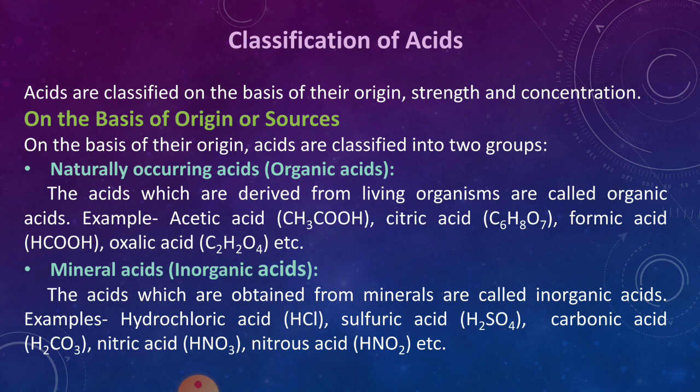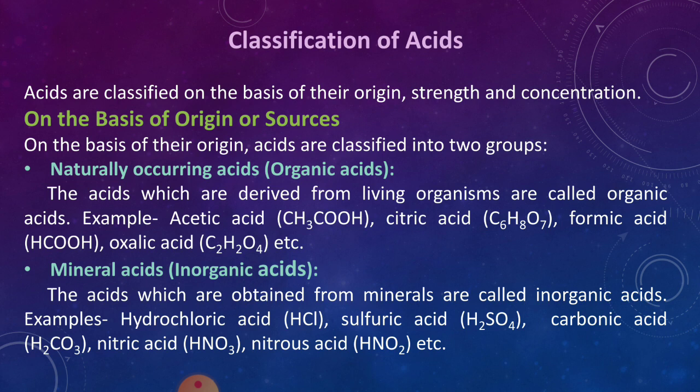That is naturally occurring acids. Naturally occurring acids means they are found in nature. So these acids are obtained from nature. These acids are called organic acids. So the acids which are derived, which are produced from nature. Nature means living organisms. Living organisms means plants and animals. So the acids which are produced in the bodies of plants and animals, such acids are called naturally occurring acids,